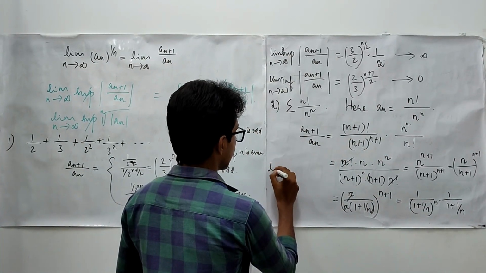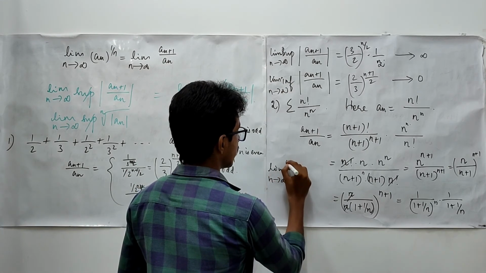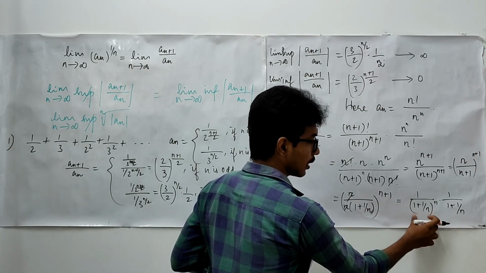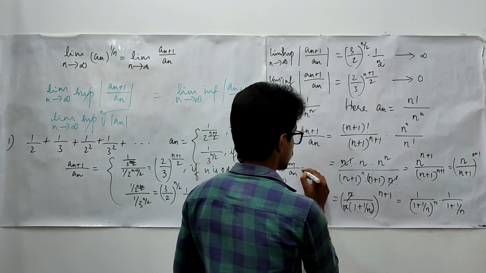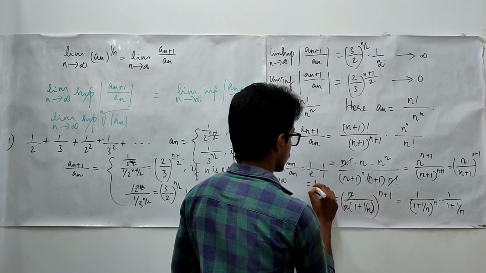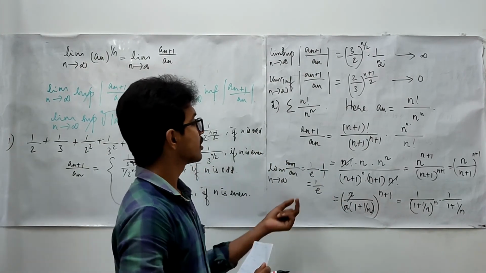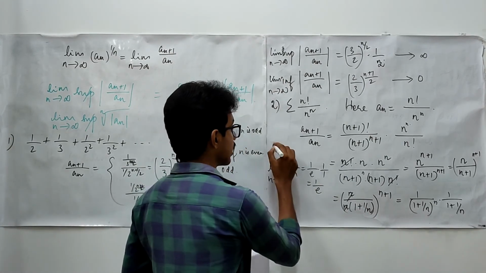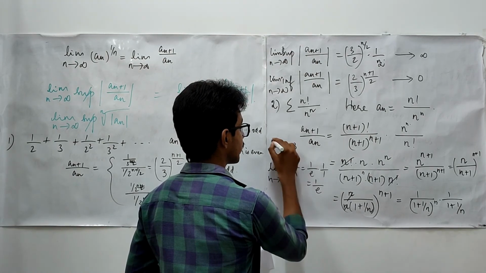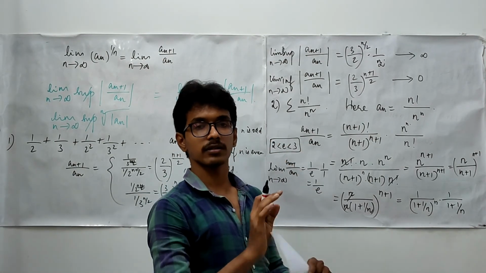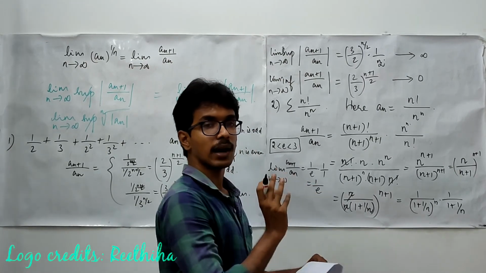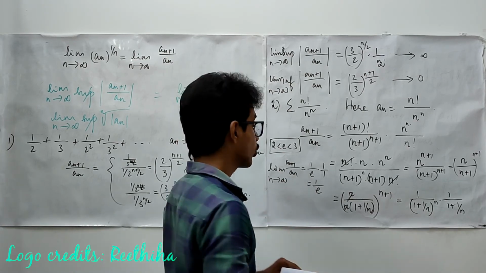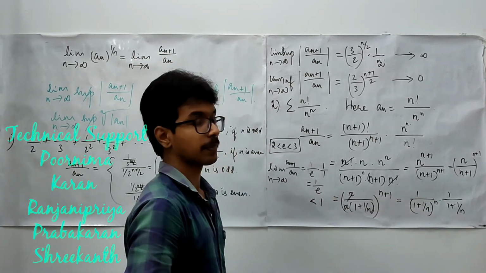Right? If I take the limit as n approaches infinity of an plus 1 upon an, what am I going to get? I am going to get e in this place, and this is going to be 1. So it is 1 upon e times 1 upon 1. This is 1 upon e. Now we will have to check whether this quantity is smaller than 1, bigger than 1, or equal to 1. We know that the value of e lies between 2 and 3. Approximately it is 2.7 something. So we have a quantity which is bigger than 1 in the denominator. In the numerator we have 1. Hence it is going to be smaller than 1.